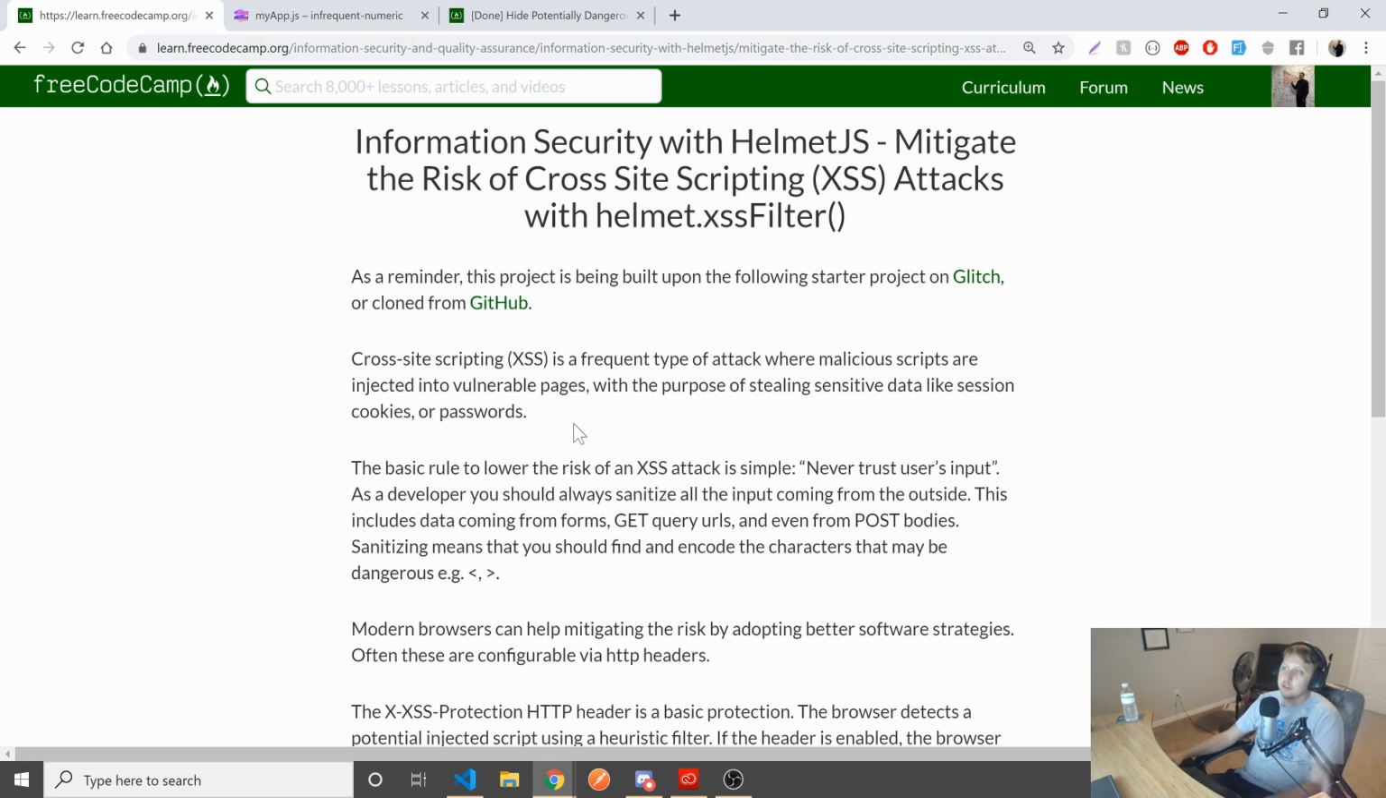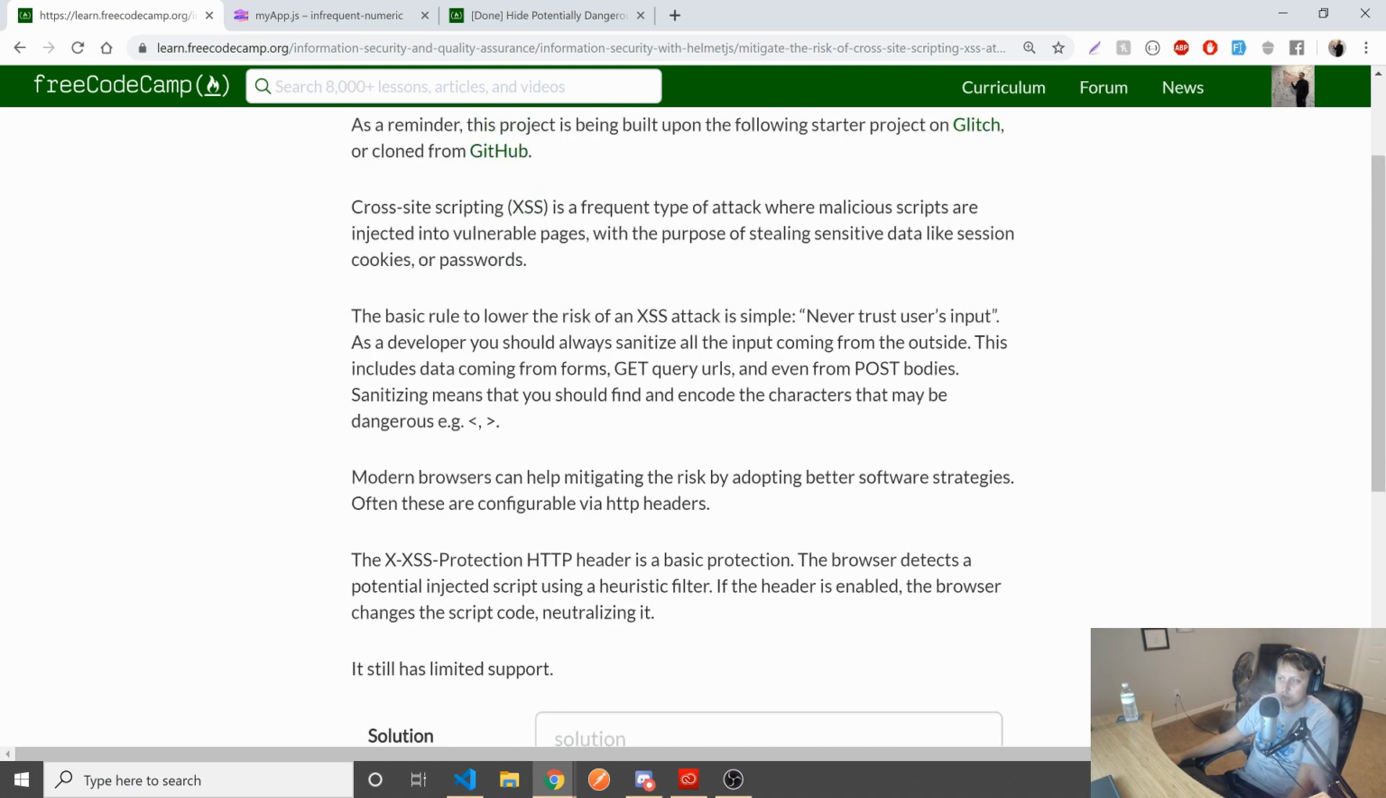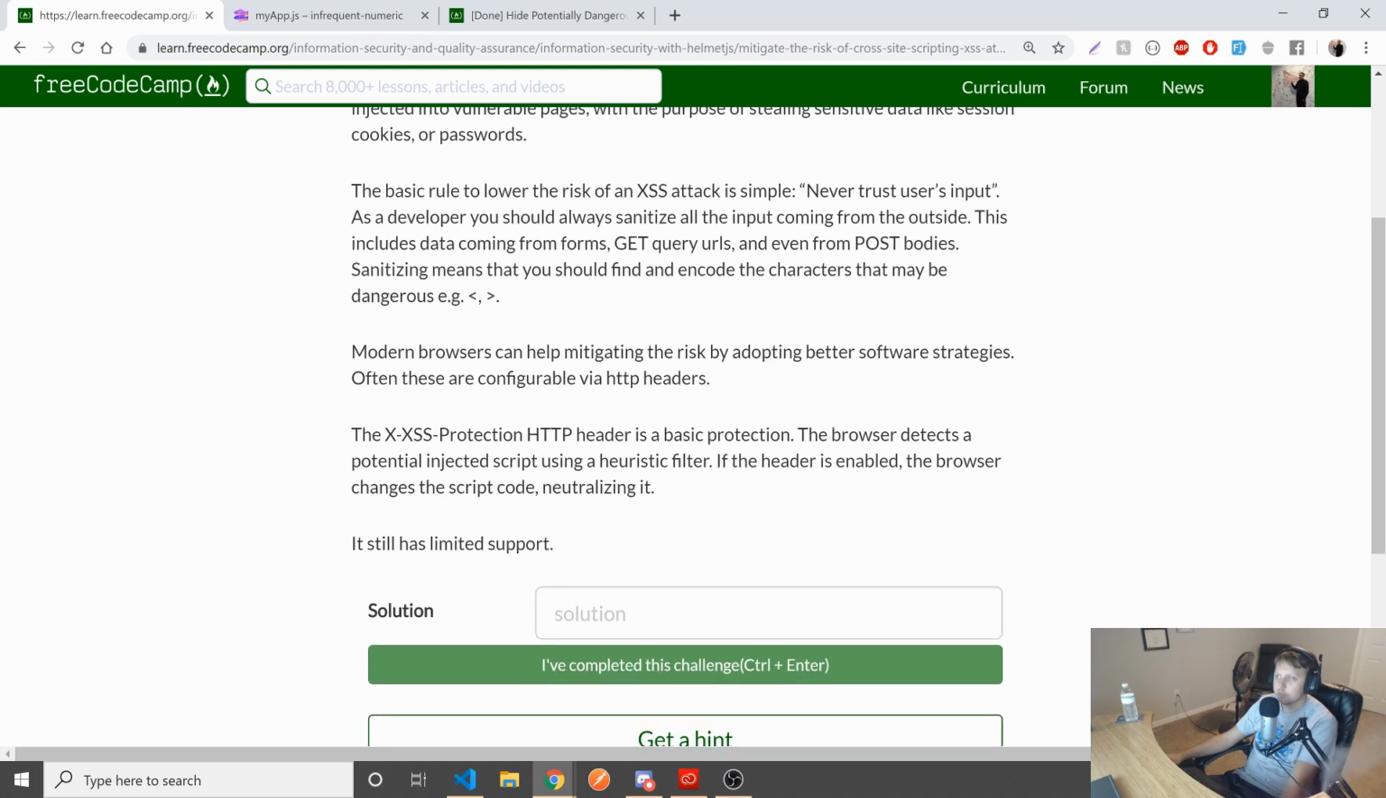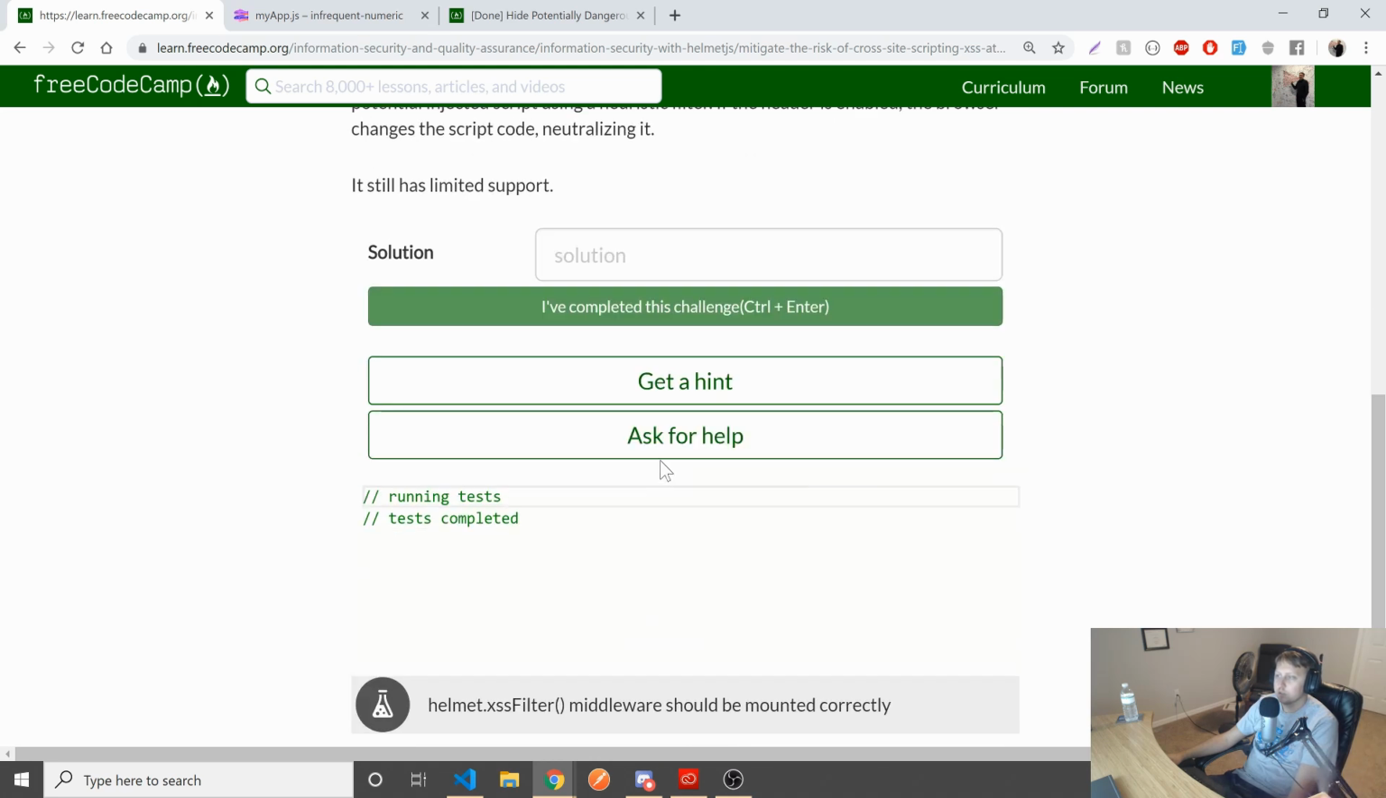Cross-site scripting attacks. So, instead of people stealing our passwords and things, we can instead sanitize all input coming from the outside. Get query URLs, even post bodies. And the headers. Cool, so we are simply, I think a lot of this is just setting up us using